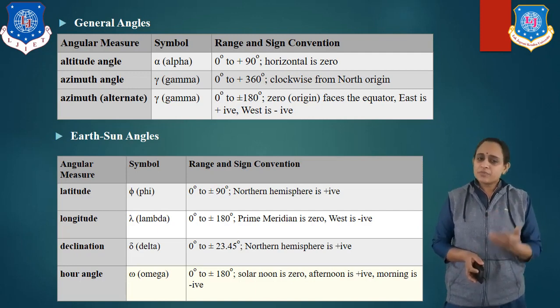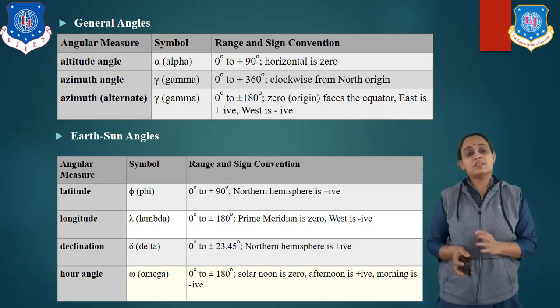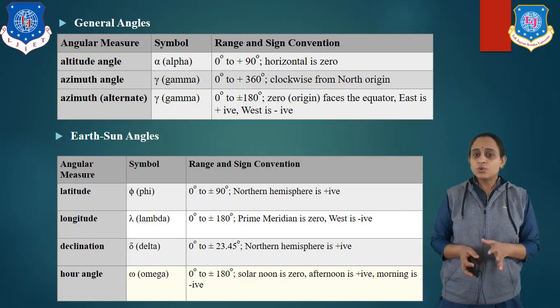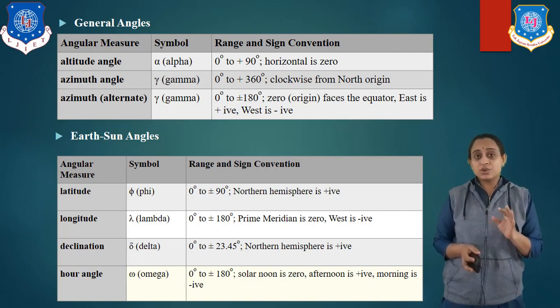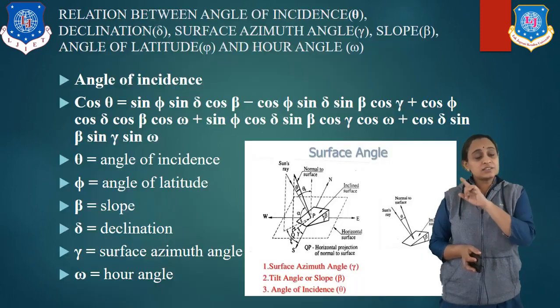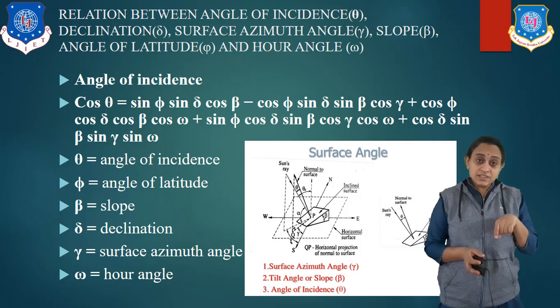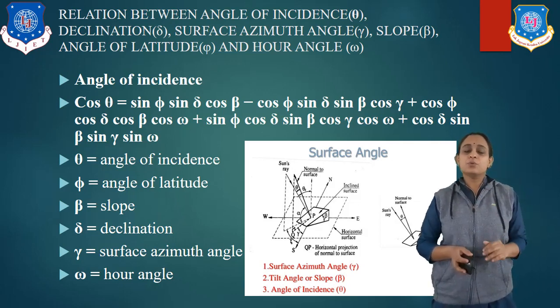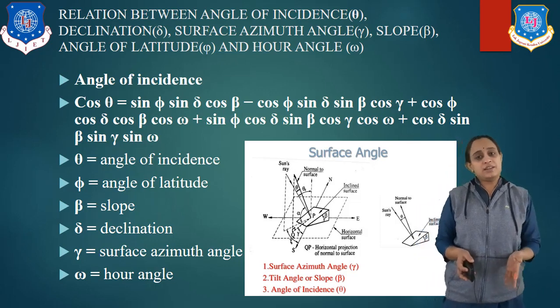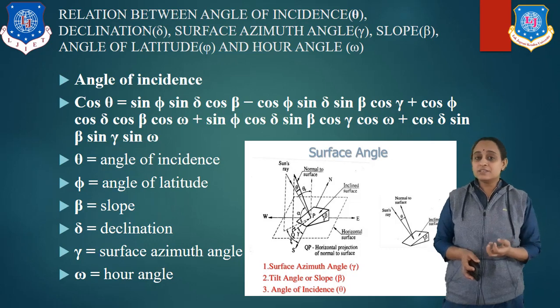So now, let us study the relationship of all the Earth-Sun angles. It is based on the angle of incidence. Now you know what is incident. When the sun rays come to the earth, the angle between that ray and the zenith is known as the incidence angle. Now the first question in our mind is why we have to consider the incident angle, and on that basis what we need to calculate first.